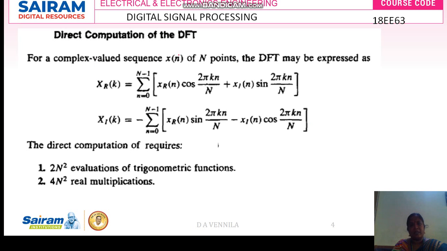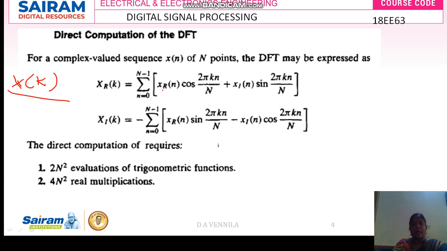For a complex valued sequence x of n point, the DFT is expressed as x of k. The x of k we are going to divide into a real number sequence and an imaginary sequence, or we can say it is divided into an odd number sequence and an even number sequence. The even number sequence will be given as the real sequence, and the odd number sequence will be given as the imaginary sequence, and this can be expressed as the real sequence will be summation n equal to 0